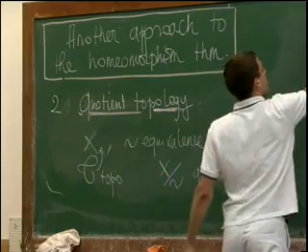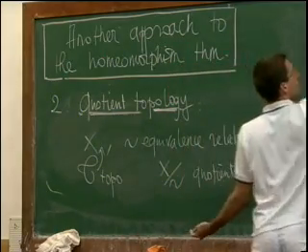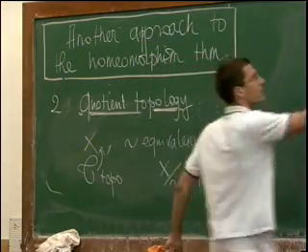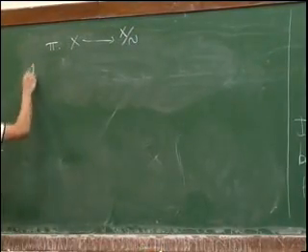You define the canonical projection pi from X to its quotient set. And we want to give to this quotient set a topology. So the quotient topology